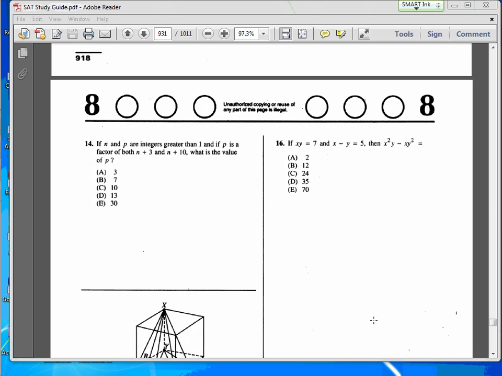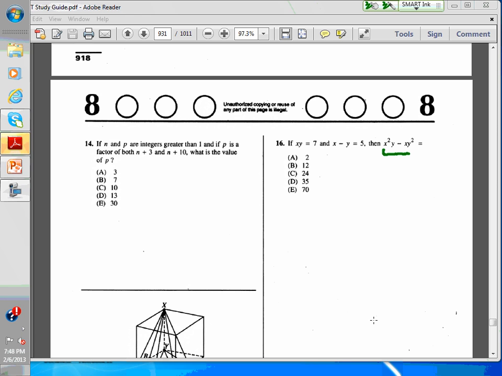So I'm just going to quickly go over question 16. This is test 9, section 8. So this question says, if xy equals 7 and x minus y equals 5, then x squared y minus xy squared equals what? So this looks very overwhelming at first, but we know from our experience with the SAT that